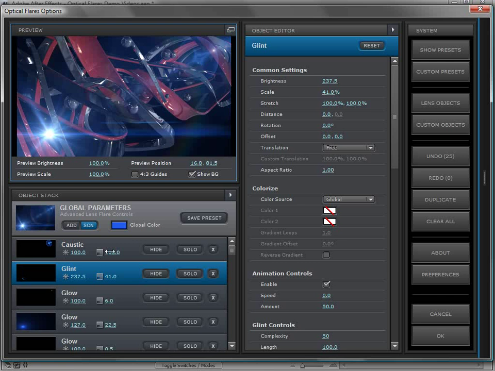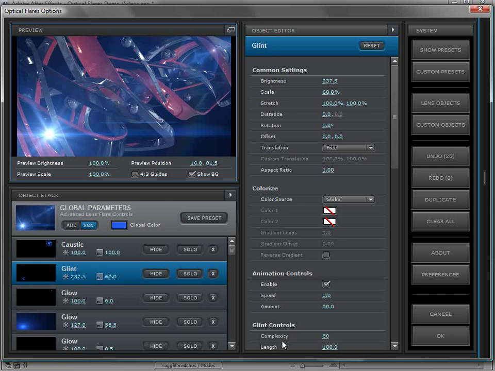What's really great about Optical Flares is that it works a lot like After Effects with regards to the user interface controls. So I can click on a number and it opens up an input box where we can change the value with the keyboard. You can also click on a value and drag it left and right to change the setting. So just a quick way to go ahead and make any kind of refinement and adjustment to your